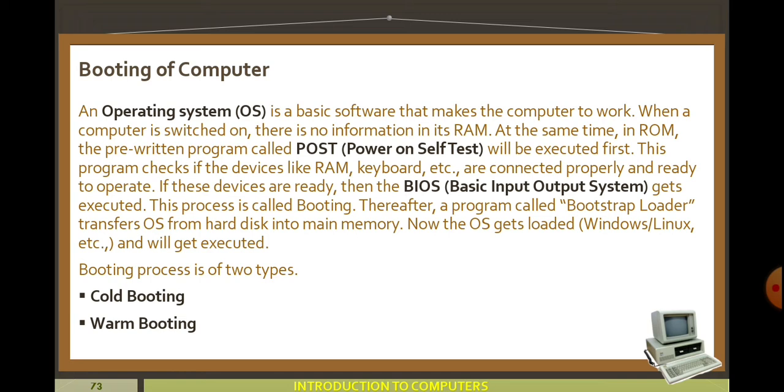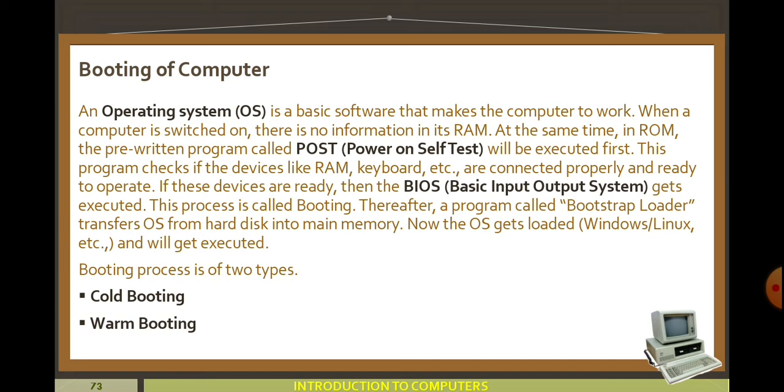If it is ready, then it shows the desktop. If there are any problems with the software and hardware, it shows a message that the OS is not working, or the keyboard is not connected to the system, or the mouse is not connected to the system. Those messages are displayed before going to the desktop. Okay, so the booting process means it checks whether all the devices connected to the computer are ready to work, as well as the software. The checking process is known as the booting process.